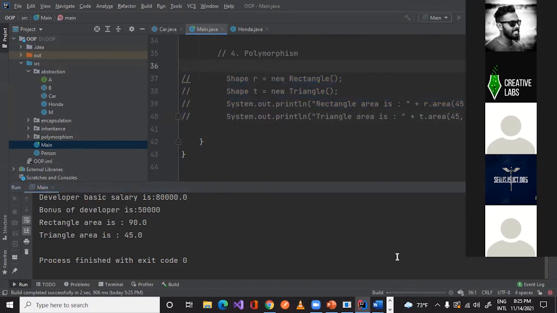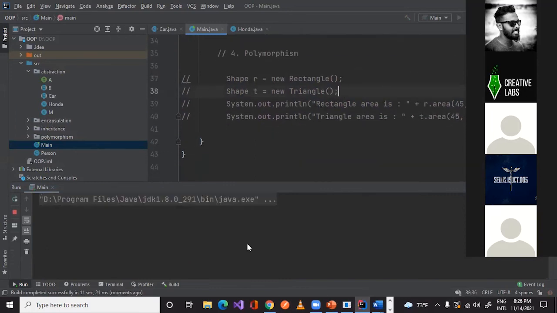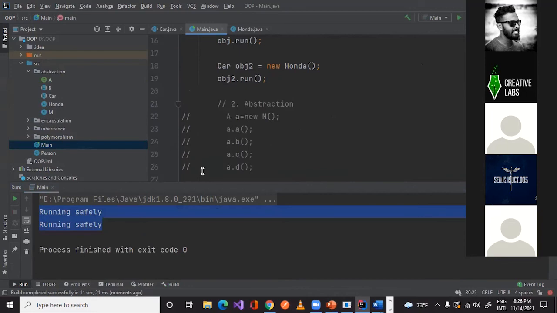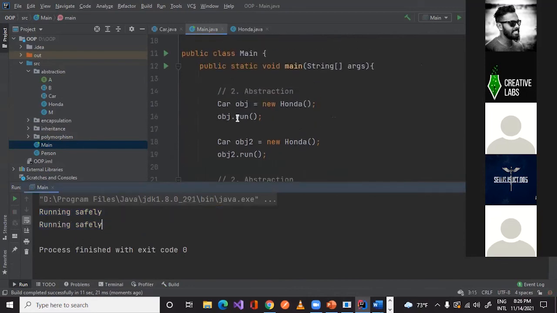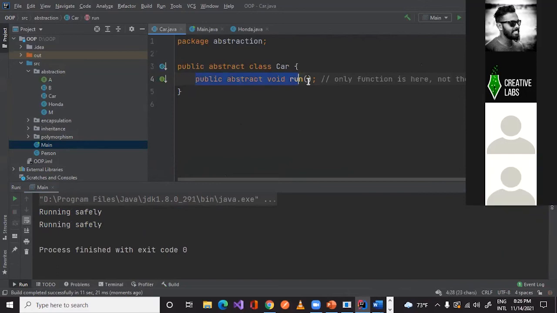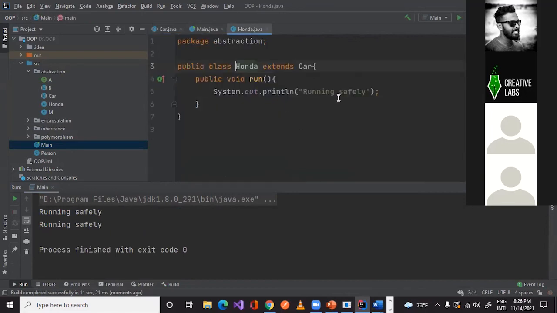so it's building. Right, so it says running safely. So where is this running safely coming from? You can see that only the function is there, but the implementation is available in this box, right?